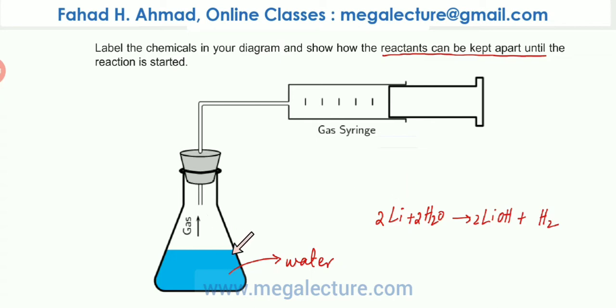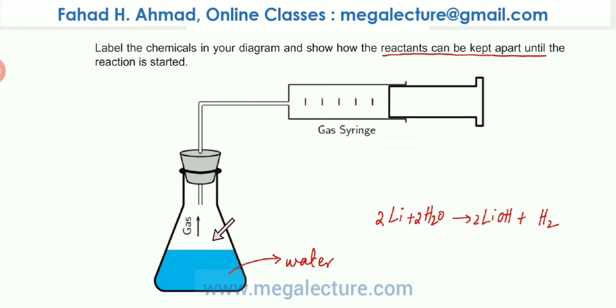Now, lithium has to be mixed with water, and you have to keep water and lithium as far away from each other before the reaction starts. So, how do you put in lithium in water? Because if we open this top, if we remove the rubber bung and then we add lithium through the top, then some amount of gas is going to escape and the amount of gas collected would not be accurate. So you need to keep it sealed, tied, throughout the experiment.